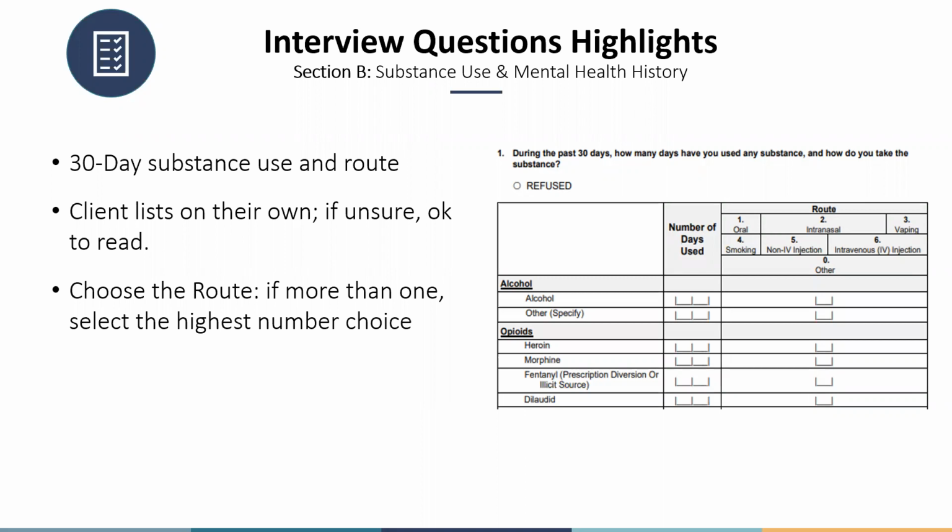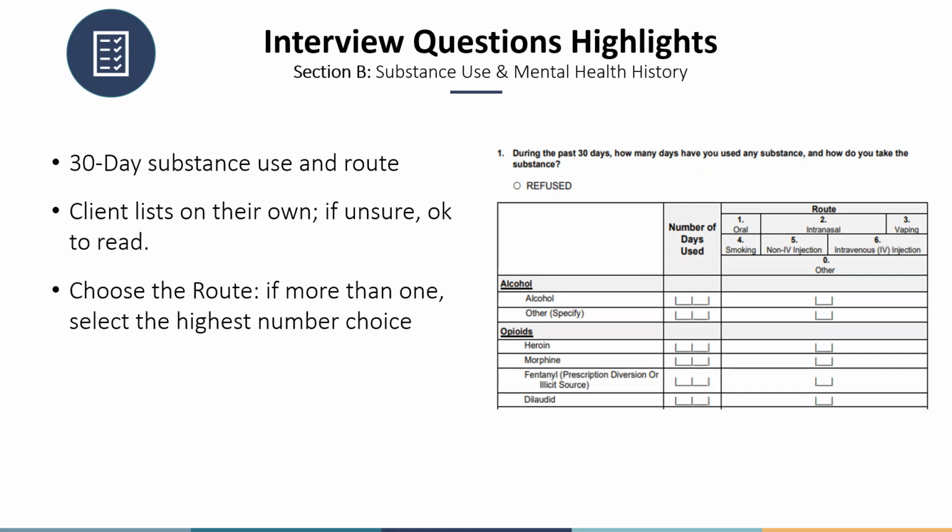The question also seeks the route by which the substance was used or ingested. So you would mark only one route, but if the client identifies more than one route, choose the corresponding one with the highest associated number value from 1 to 6. And responses should only capture the past 30 days of use. Basically, the client should be encouraged to list the substances on their own. If they're unsure, the list from the table can be read to the client to prompt them. Note that not all substance use is considered harmful or illicit. It may be a substance is prescribed by a licensed provider. Say if they're taking prescribed medication in accordance with official safety guidelines, it's not considered misuse, and you may seek to clarify this for